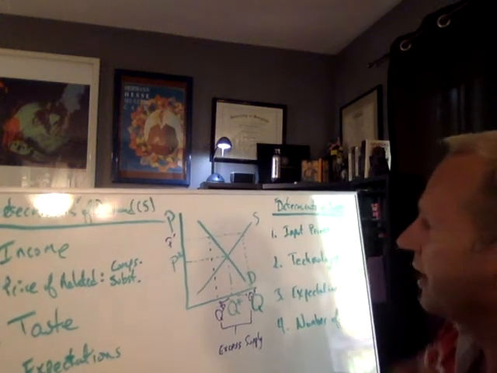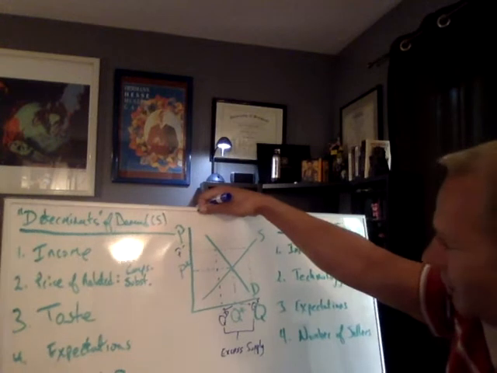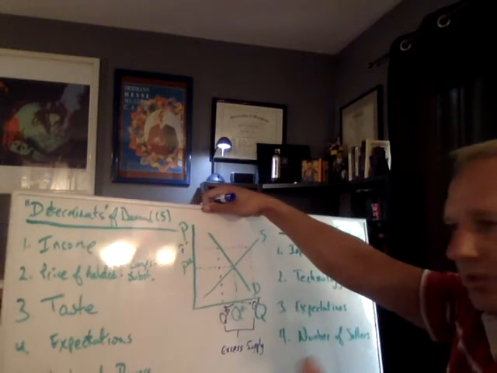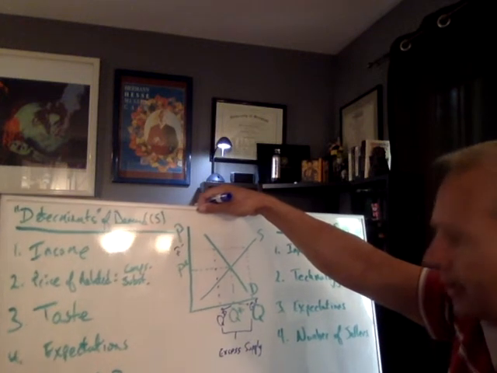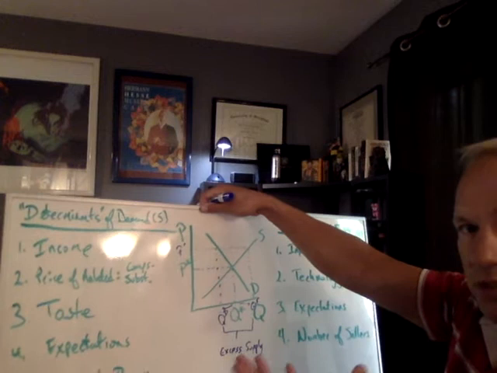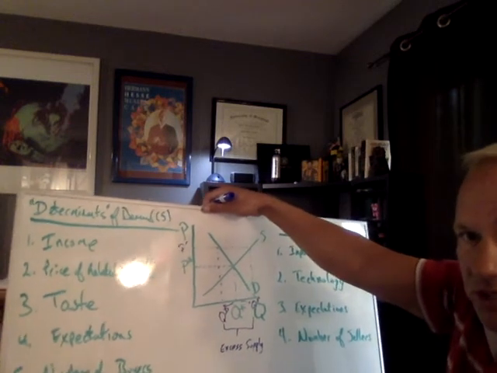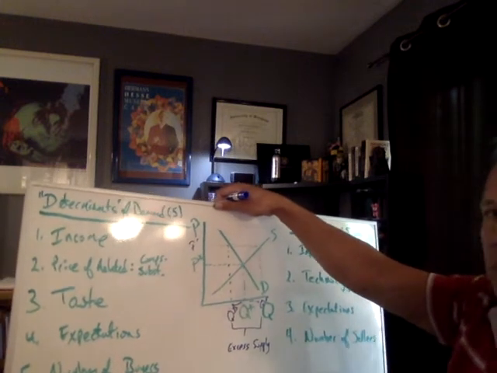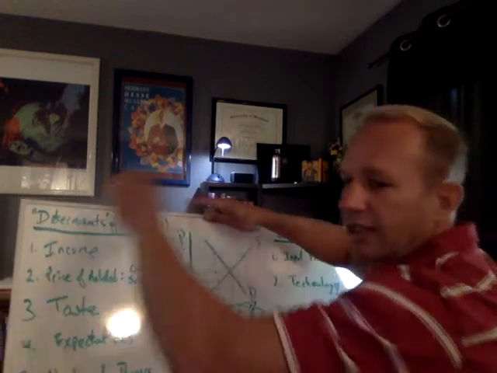If you see stuff piling up on the shelves at a retail outlet, and many people watching have worked retail, I've worked retail, when things are piling up on the shelf and in the warehouse and more is coming in and it's not going out the door in the form of consumers buying it, what do you suppose sellers are tempted to do to get it out of there? They put it on sale, right? They lower the price. Let's suppose they go too far. They get just wild and crazy and they lower the price